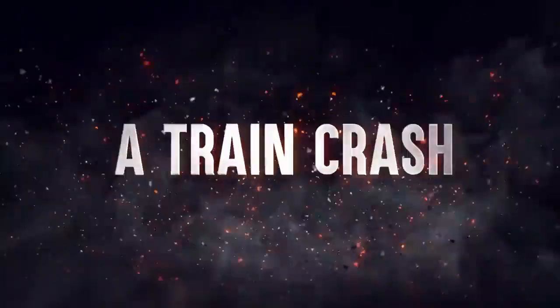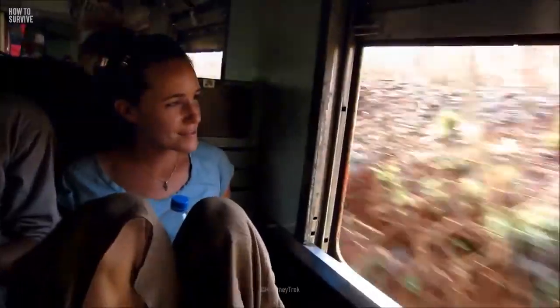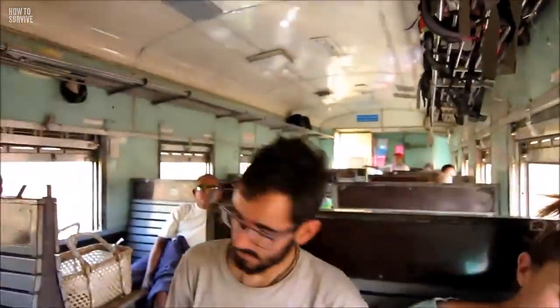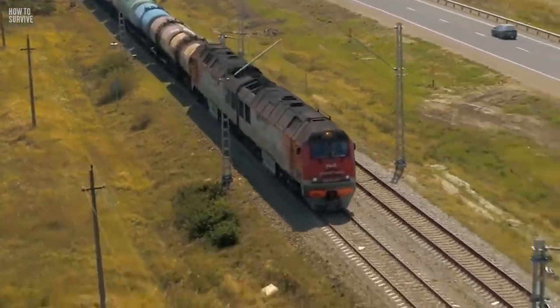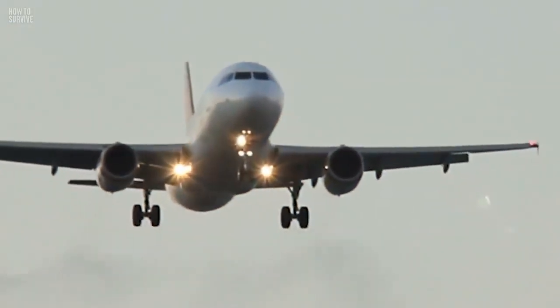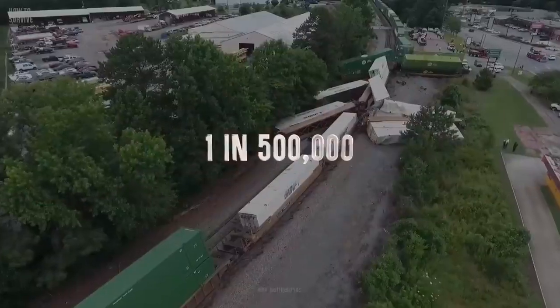Here's how to survive a train crash. Being in a high-speed train with no seatbelt might seem dangerous, but taking a train is one of the safest ways to travel, second only to riding an airplane. The odds of dying in a train crash are about 1 in